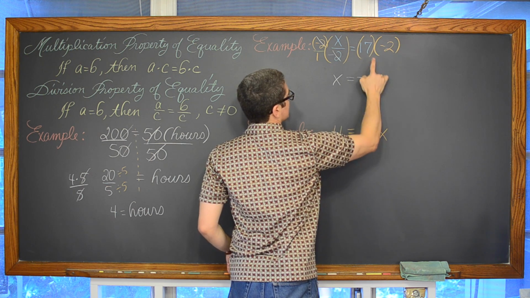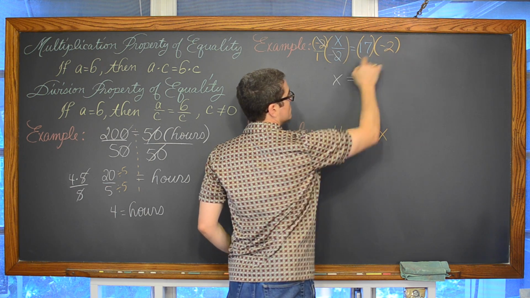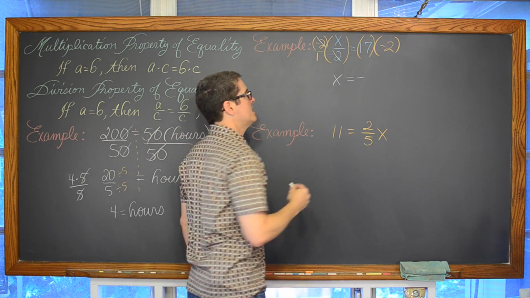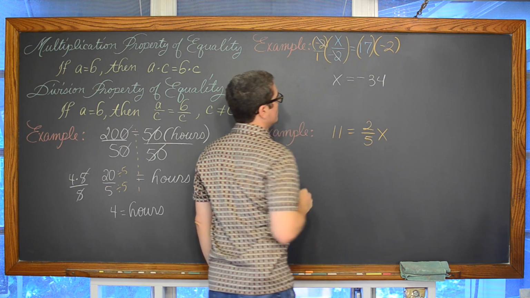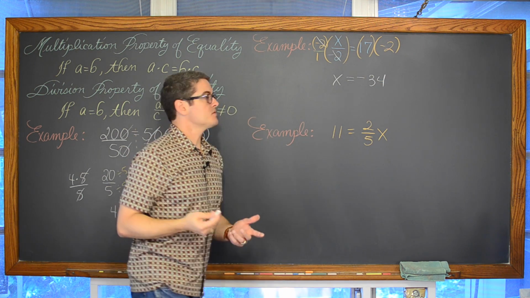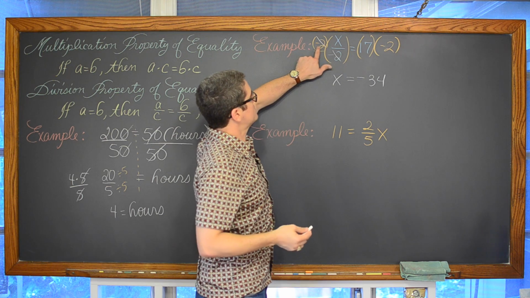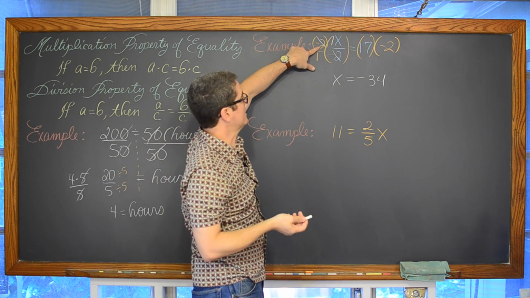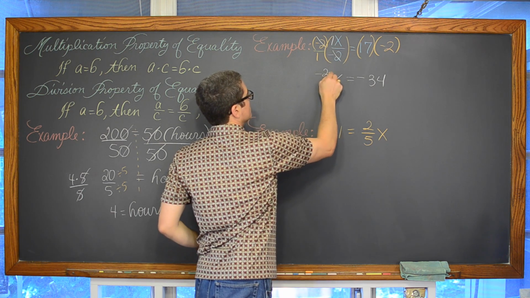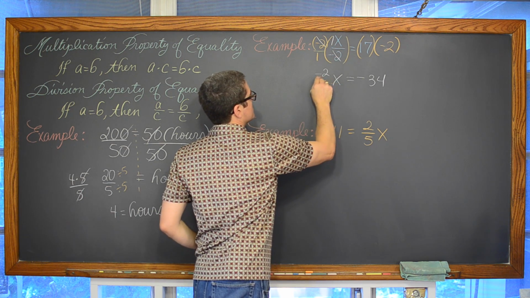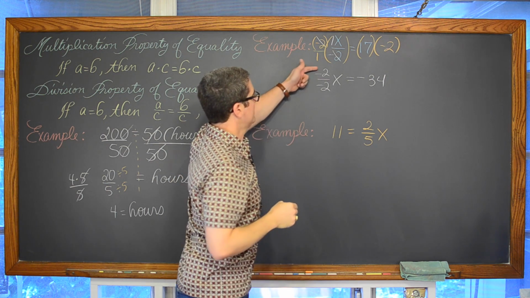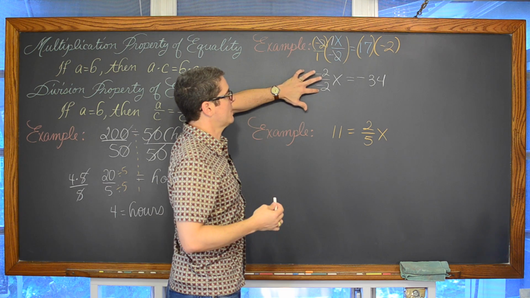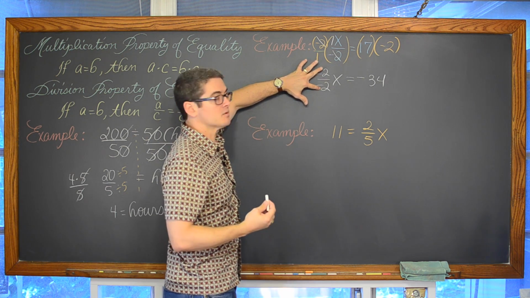Positive times negative is negative, 10 times 2 is 20, and 7 times 2 is 14, and 20 and 14 is going to be negative 34. Now, you could also say, well, negative 2 times the implied coefficient of 1 that's in front of the x, negative 2 times 1 is negative 2. Negative 1 times negative 2 is also negative 2. And then see that, just reemphasizing that much more, that it's negative 2 over negative 2, and anything divided by itself is equal to 1.